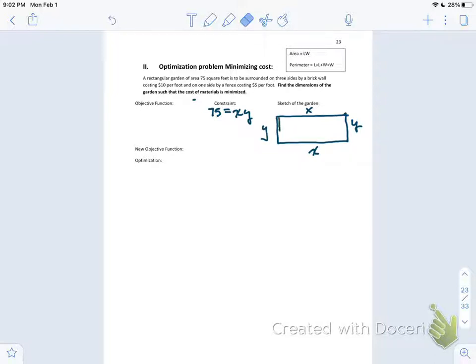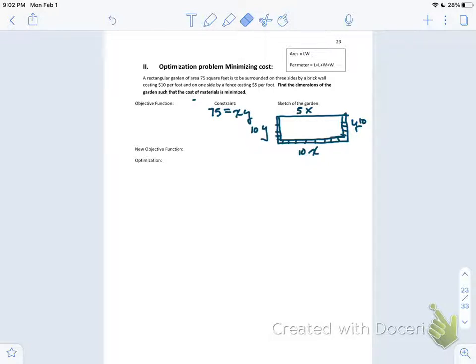Now, the rectangular garden is to be surrounded on 3 sides by a brick wall. So if this is going to be the brick wall here, let's just say that that is your brick wall, then that means I can put a price of 5y, 5x there. And then on the other side is a fence, so I'm sorry, hang on 1 second. I read that incorrectly. The brick wall is going to be 10, 10, and 10. And the fence is going to be 5. Okay, so